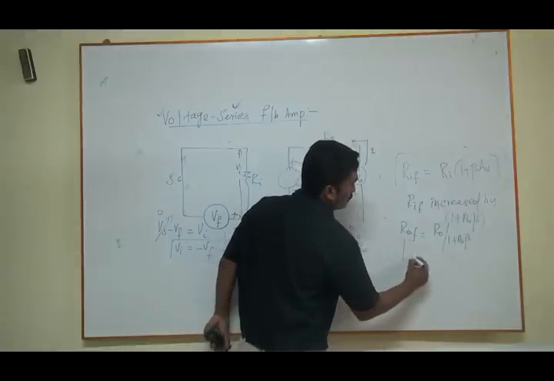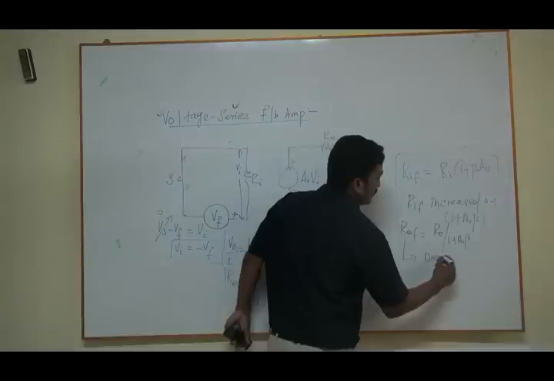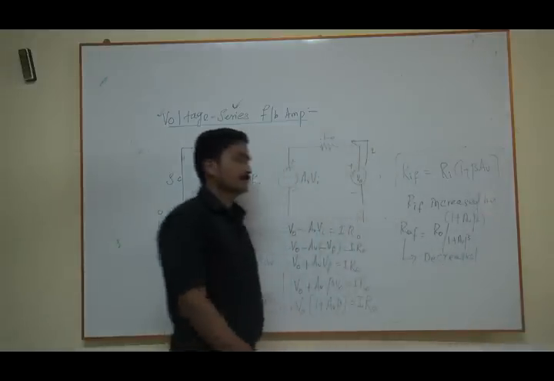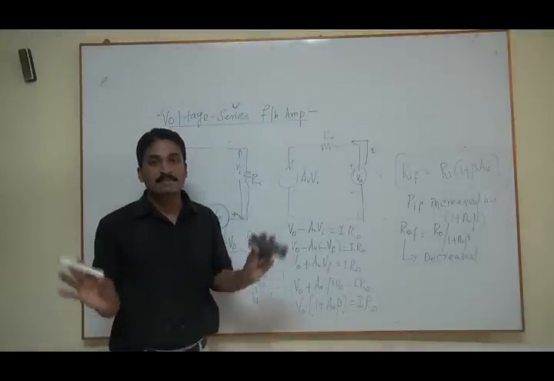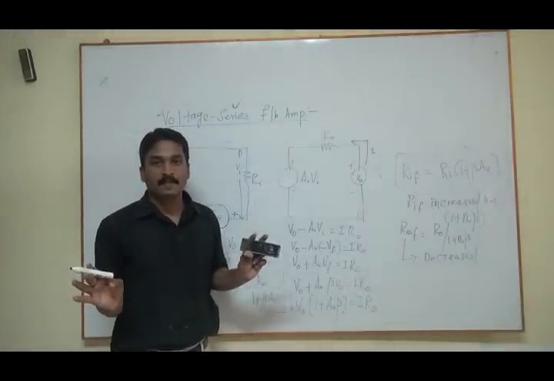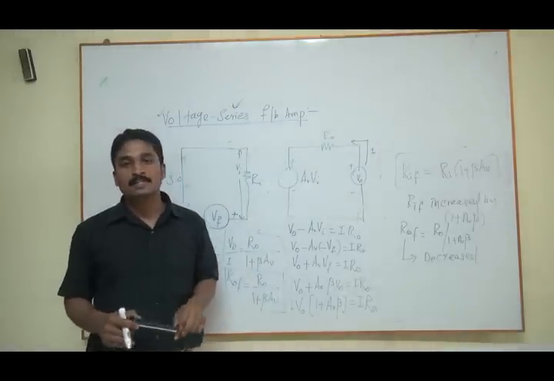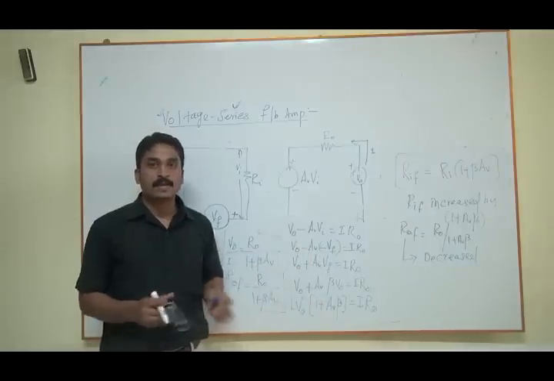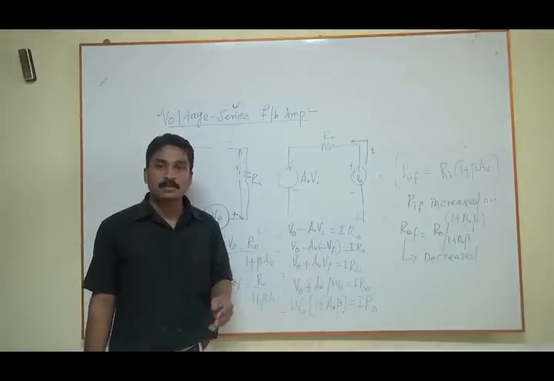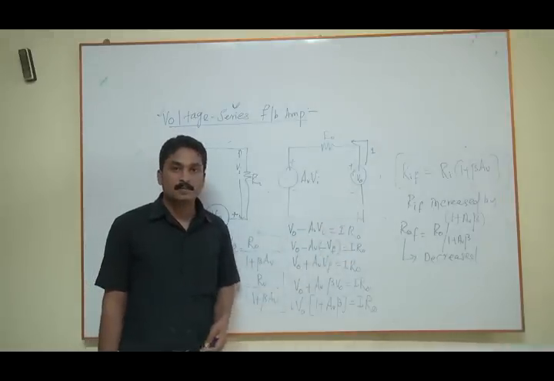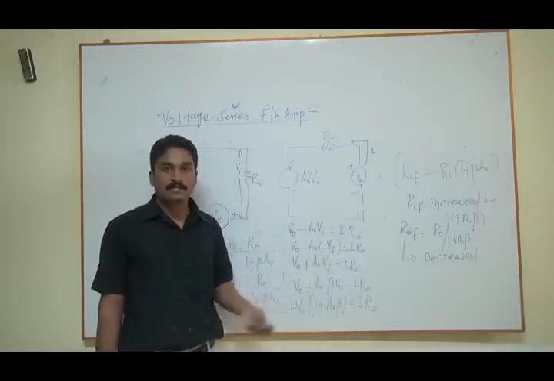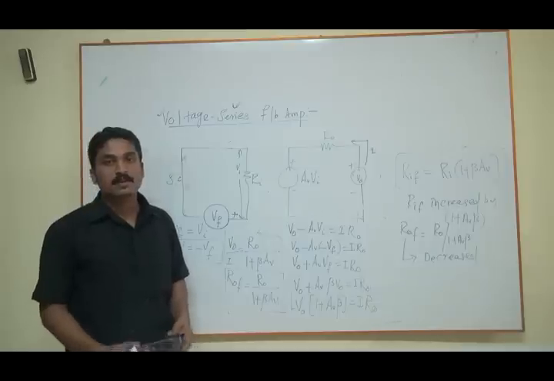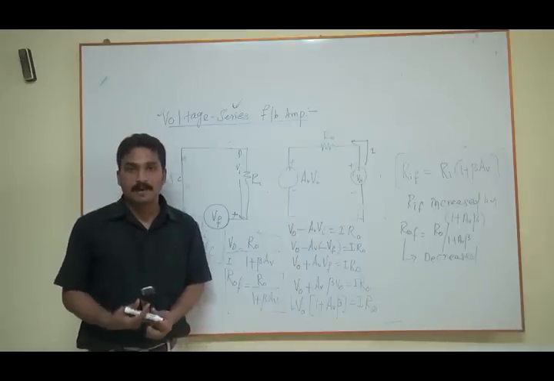So output resistance R naught decreases now, by a factor 1 plus AV beta. That's all. So this is what is called the voltage series feedback amplifier input side resistance and output side resistance. So one can modify input side resistance and output side resistance by changing the beta value, because beta value we can fix. So this is also one of the advantages of your feedback, especially negative feedback.